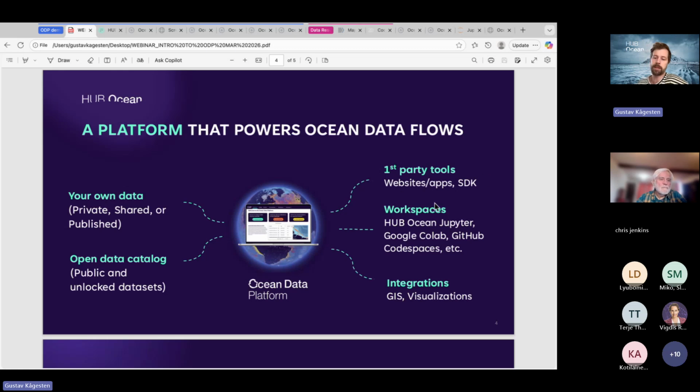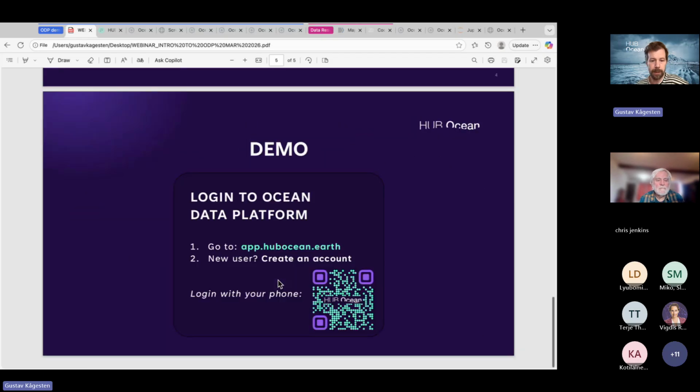We also see the platform as a powerful back end to different websites, applications, and so on. Through the SDK and the API technology, we can connect to the data from many other services. We also have workspaces, and we have this integration with GIS, which I will show you in a second.